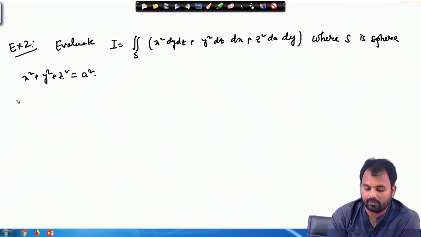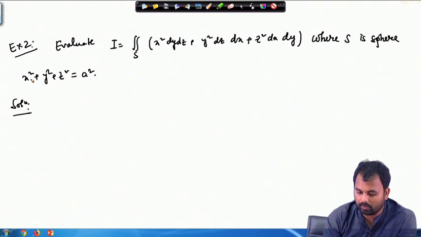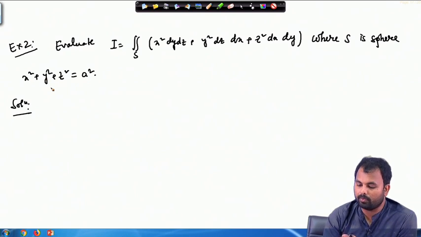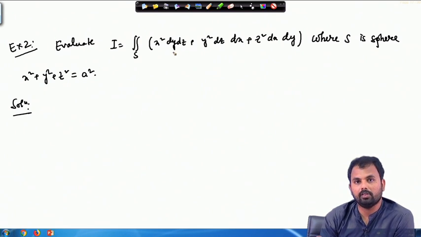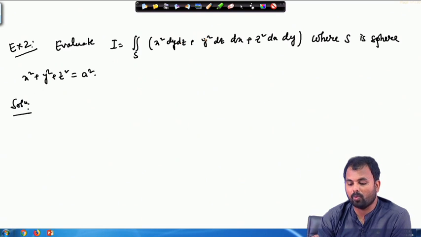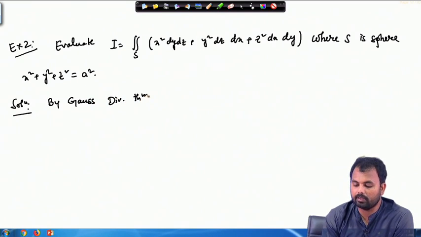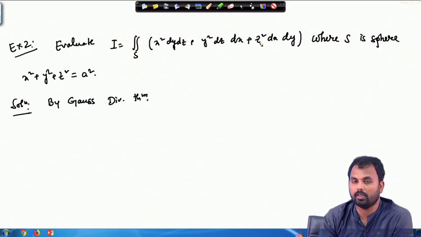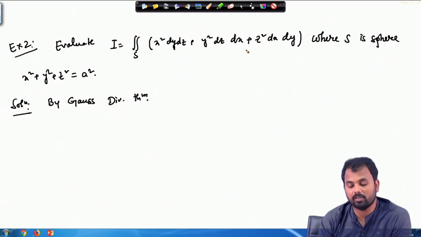So, obviously, here we can do some substitution, but before that, if we want to evaluate this surface integral over this surface, it will certainly be quite complicated. So, instead of doing that, we can use Gauss divergence theorem. By Gauss divergence theorem, we can see that this is our f, this is our g, and this is our h. Since they are all algebraic or quadratic functions, they will have continuous first order partial derivatives,